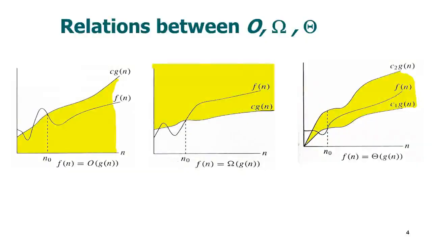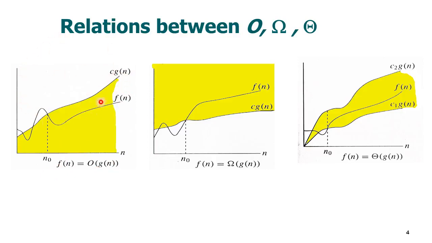Let us take the help of some graphs to explain the big O, big omega and theta notations. In the first graph, the function f(n) changes, and at some point it is in the lower positions of the function g(n). This is g(n), the upper limit of the function, and this is the function for which we have to determine the growth. So here f(n) is equal to O(g(n)).